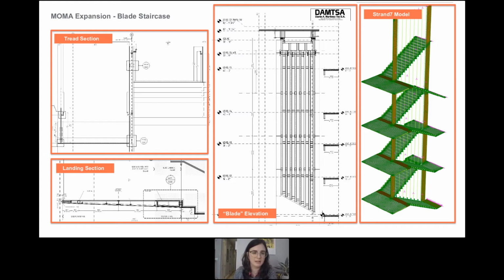And then basically the treads cantilever off of the central HSS tubes. They connect at the landings, obviously, with the stair. And then the return landings are these kind of monocoque, stiffened plate, tapered sections. And the reason for this is, the preliminary design that was done by the engineer had, in an effort to get the vibrations under control,